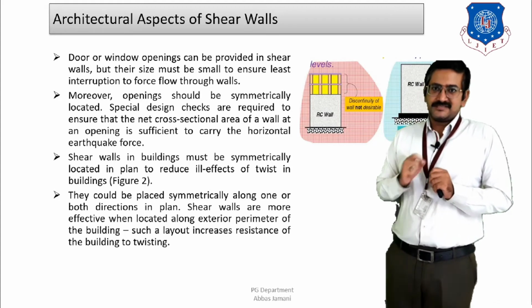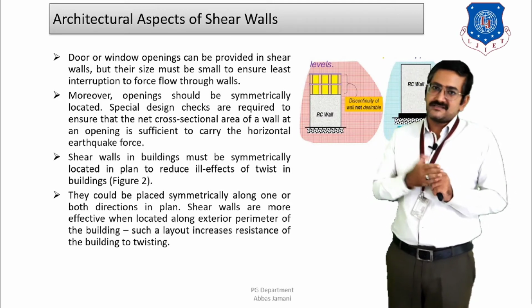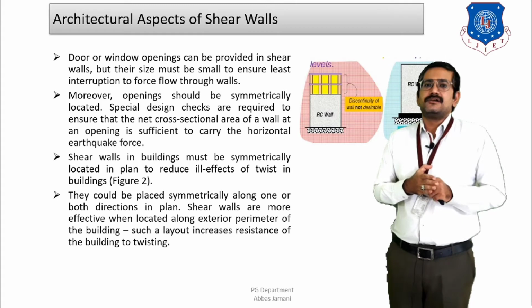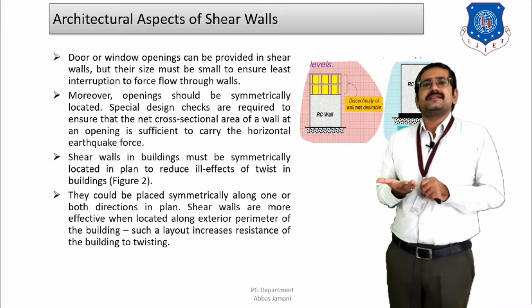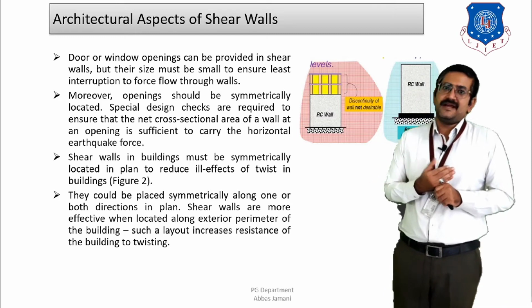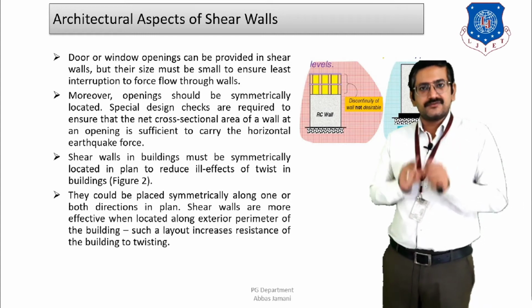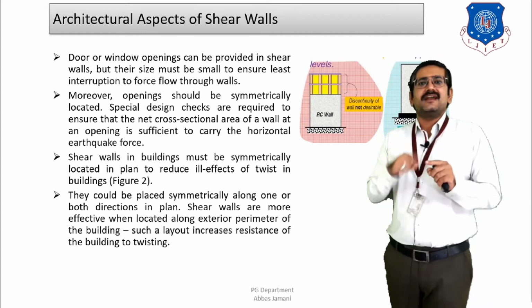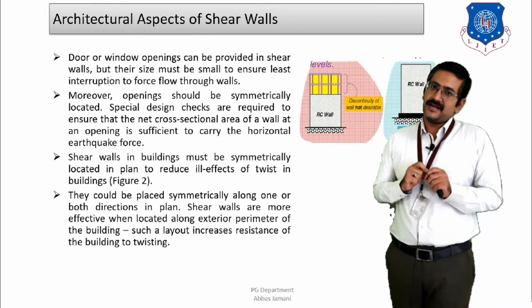At the same time, the other thing to be kept in mind is that the openings provided in the walls have to be symmetric in nature, right? Whenever unevenness is there in the structure, unnecessary stresses are going to be developed. So the first criterion is that the size of the opening should be limited. Secondly, they should be distributed symmetrically along the height of the wall.